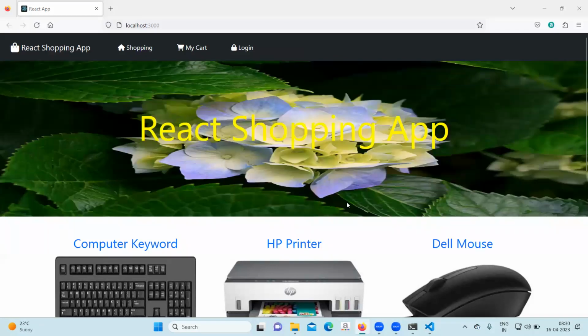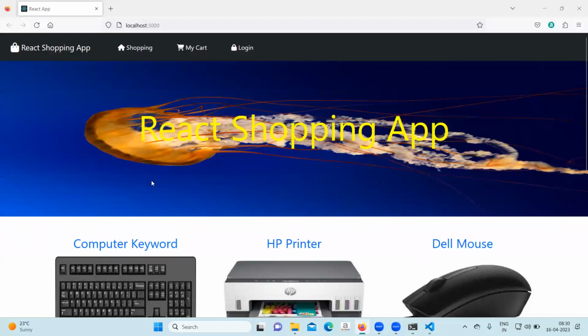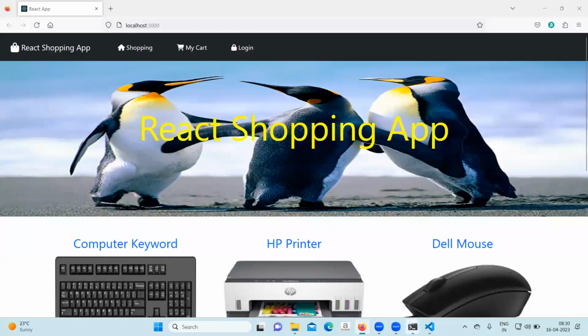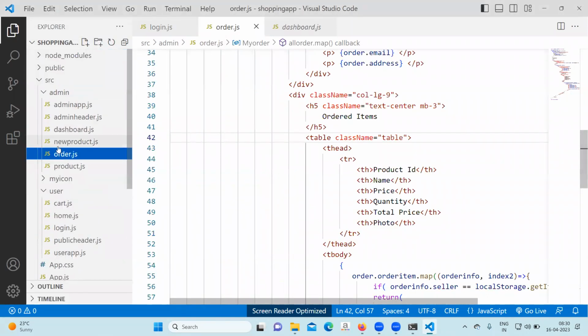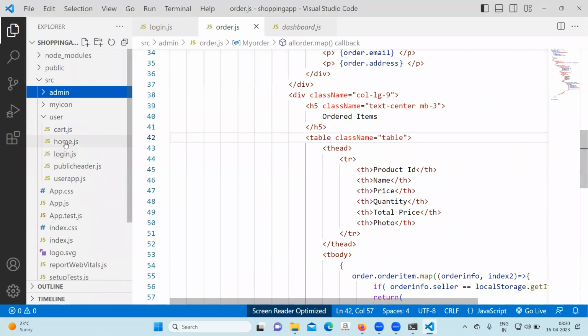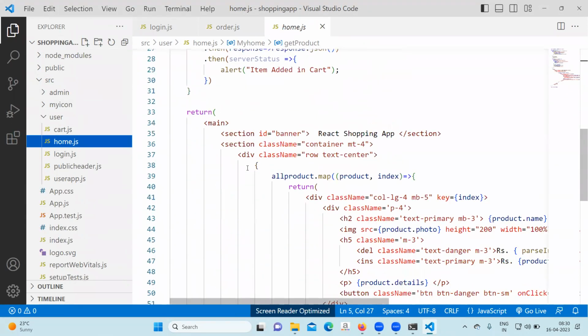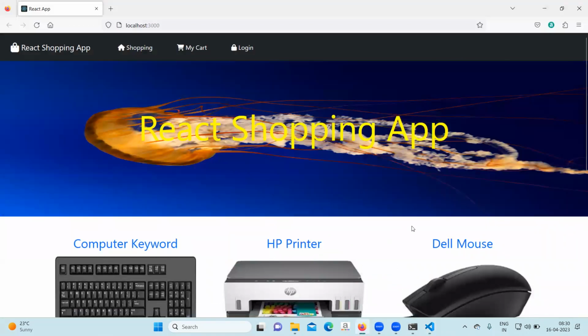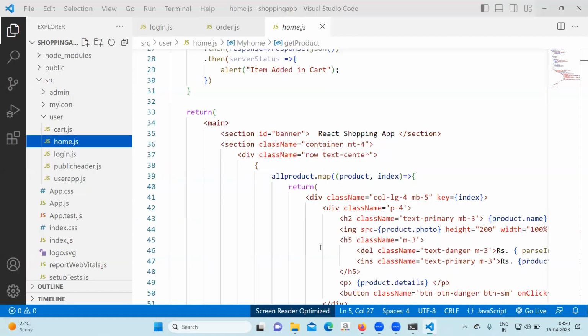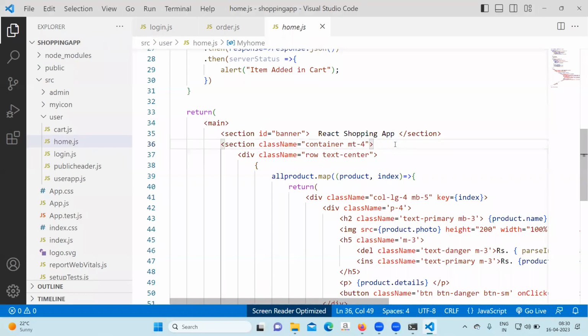Okay, fine then. Let's go ahead. First, come to this file, the home file. In the home file, that is in the user folder. In the beginning itself, in between, we'll keep a search box. So at this place,